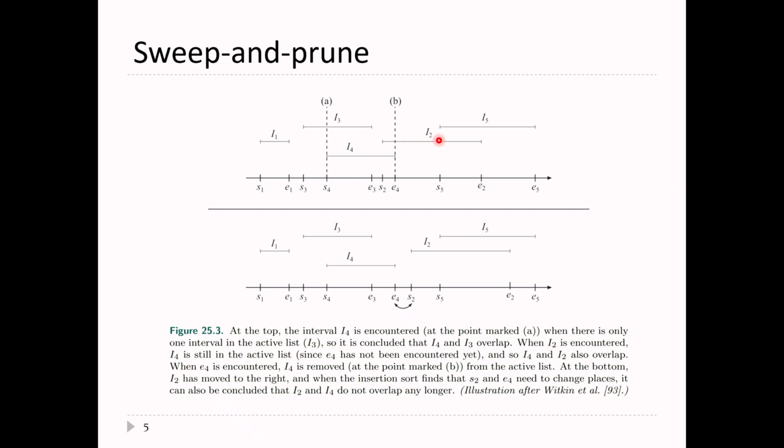Keep going. You hit I5, so I5 goes in, and you know that I5 intersects I2. And then you keep on going. You find the end of I2, I2 comes out. Keep going, you find the end of I5, I5 comes out, and you've processed all your